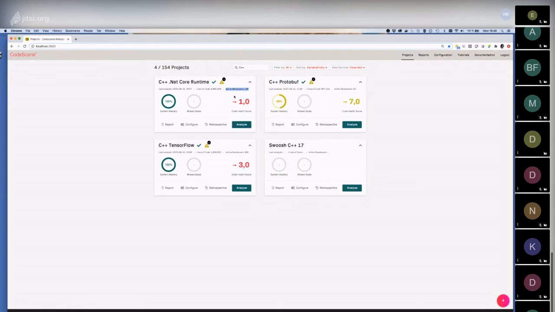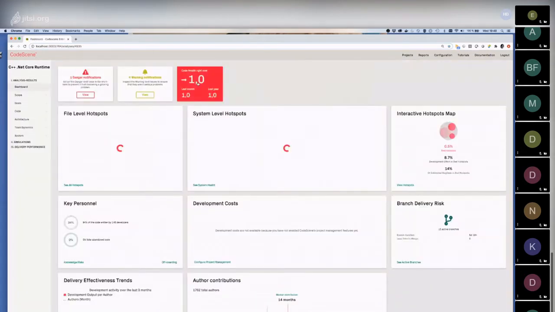Now, given that you have 9 million lines of code and 200 developers, who do you think has the overall picture? Probably no one, because even if we understood all the details of the .NET Core Runtime, it would be virtually impossible to keep up with all the changes that are going on by having 200 developers working in parallel on that code base. So the reason I shifted code base here was because I really like to show this at scale, because I think with behavioral code analysis, the larger the organization, the more important the situational awareness that we get. So let's go into the .NET Core Runtime and let's look at the hotspots in